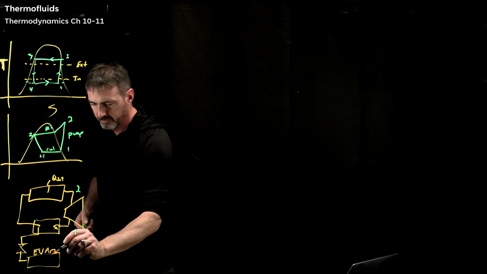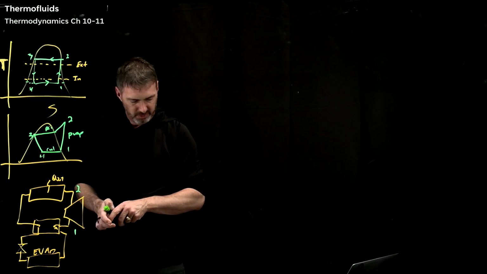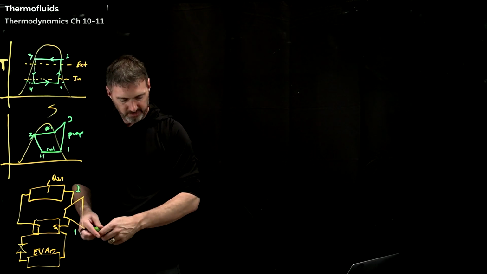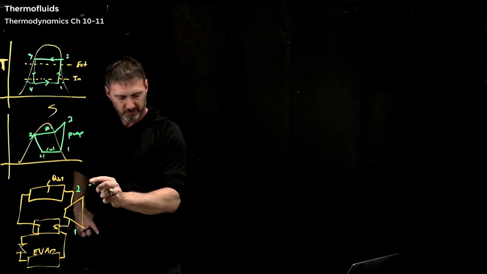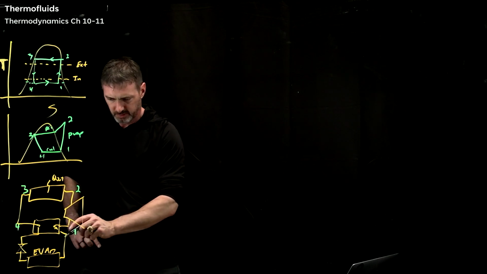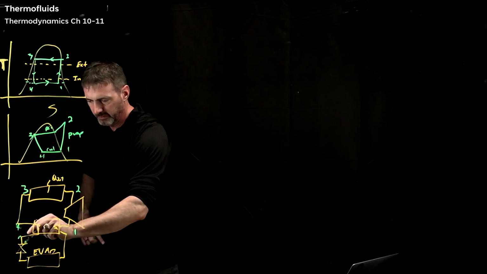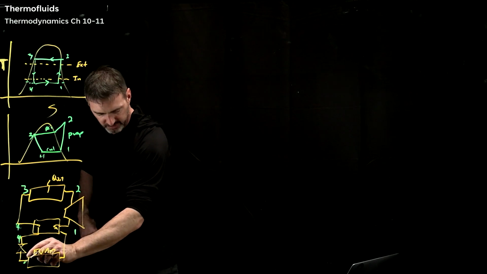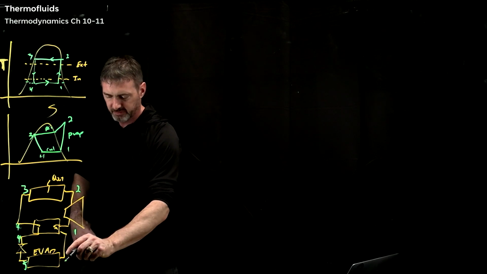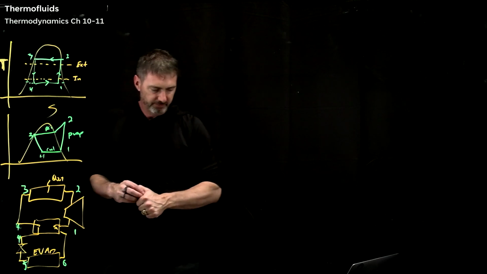Evap. And then back up to here. Okay? And so this is then 1, 2, 3, 4, and then, sorry, the same line. 4 is referring to this side, 5 is after the thermal expansion valve, and 6 is after the evaporator. And so what that's going to do here,